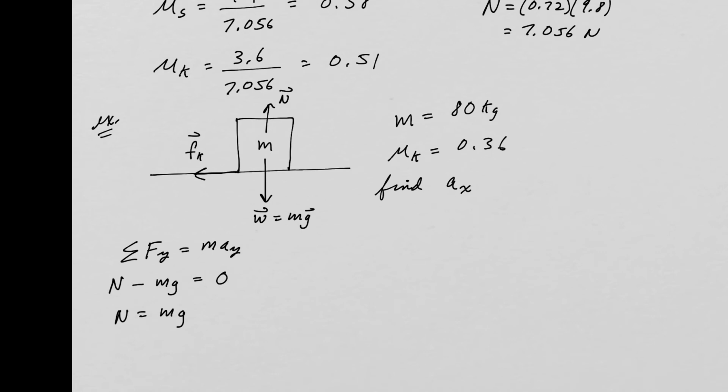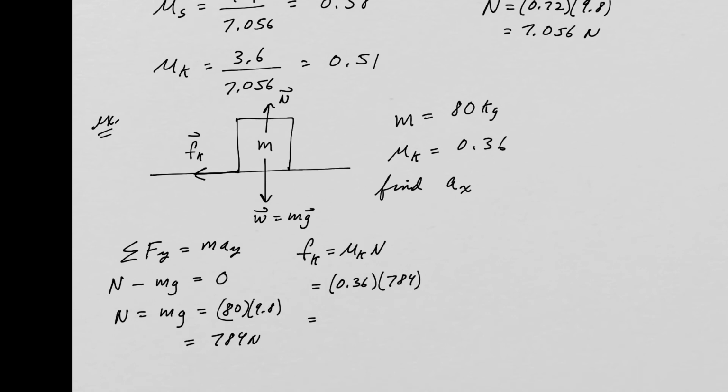Okay, and we can work this out. This is going to be 80 times 9.8, and that turns out to be 784 newtons. That will allow us to find Fk, the magnitude of Fk. Remember, Fk is mu k times n, times the normal force. So this is going to be 0.36 times 784, and that's equal to 282.24